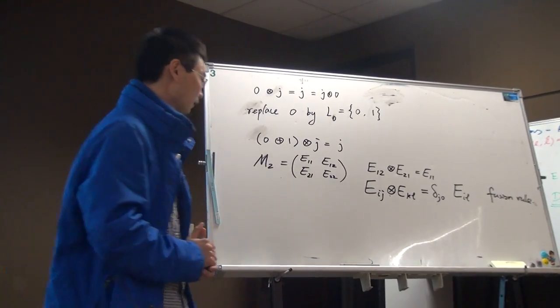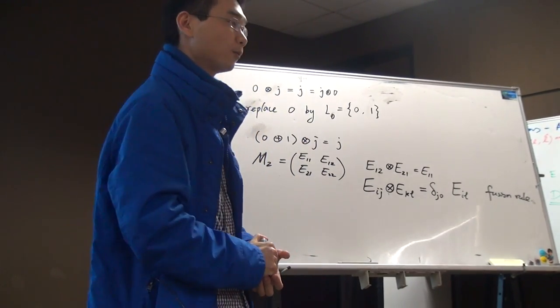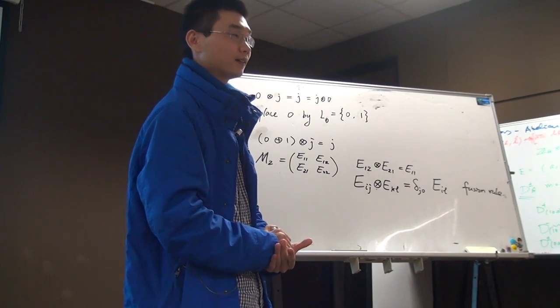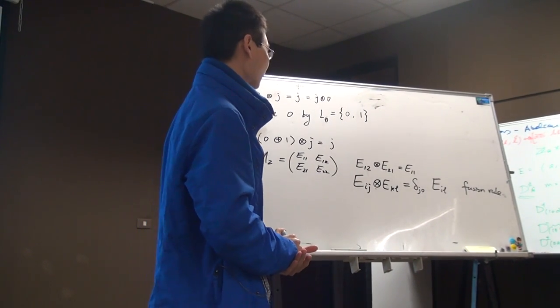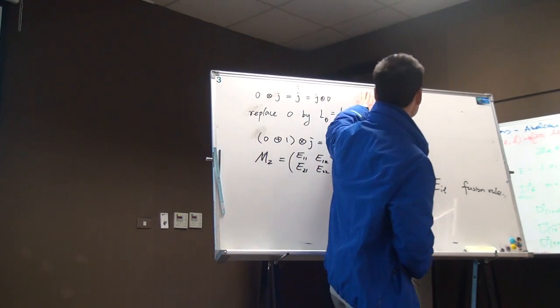So this is the definition of the multi-fusion category, but what's the meaning in the Levin-Wen model? Or what does it imply